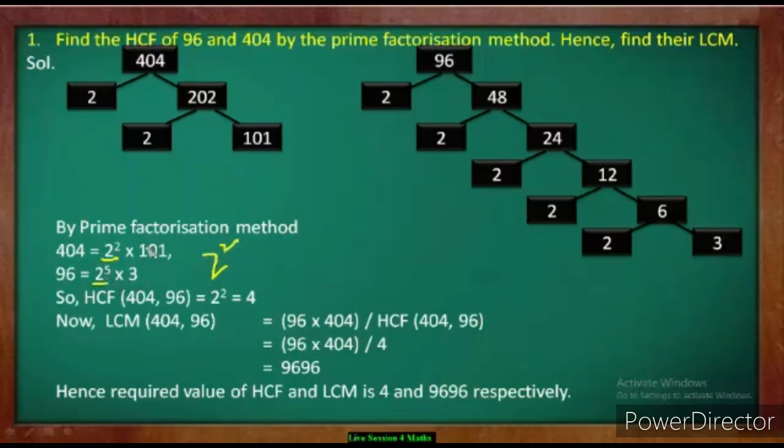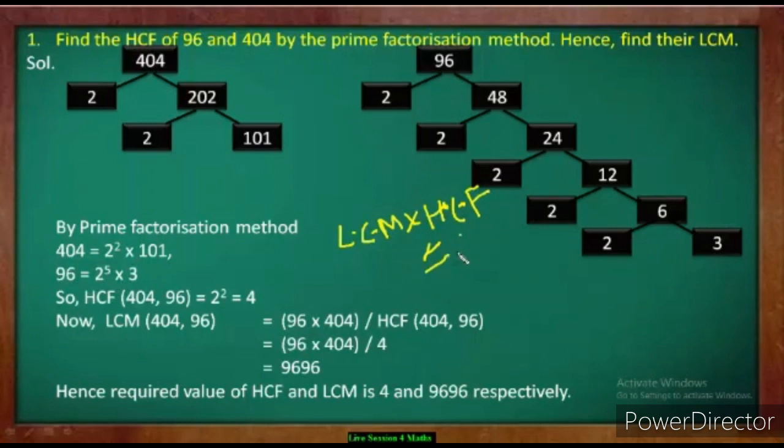Okay. Then here no more 2 is there. Here no more 3 is there. Here 101 is not here. So the HCF is 4. Okay. Now we have to find the LCM. So there is a relationship between the LCM and HCF, my dear. Let me tell you. The LCM multiplied by the HCF of 2 numbers, 3 numbers, 4 numbers, any given numbers, is equal to the product of the numbers.